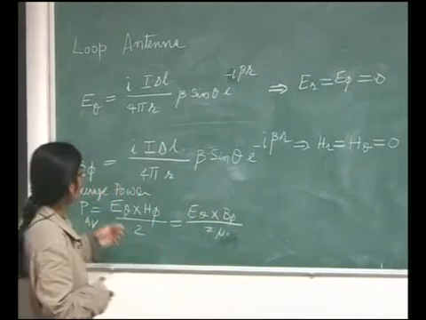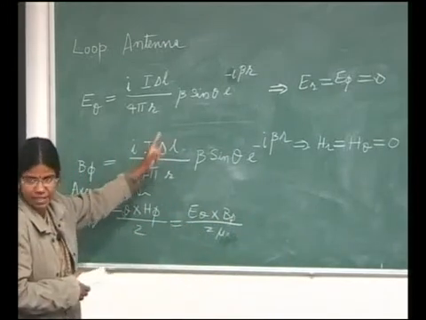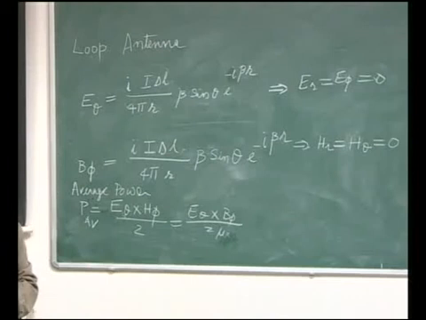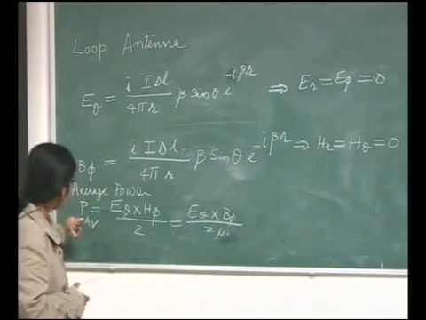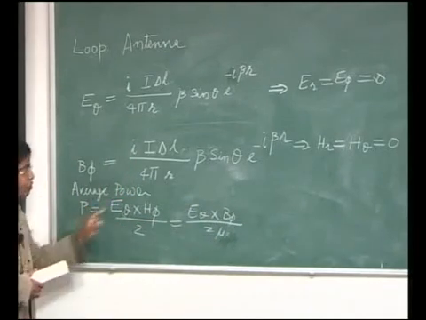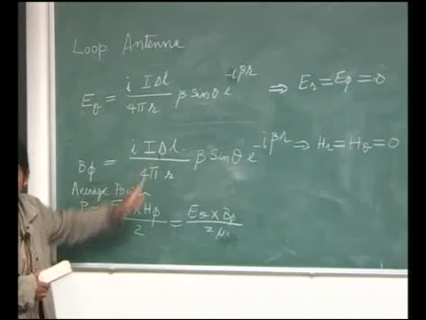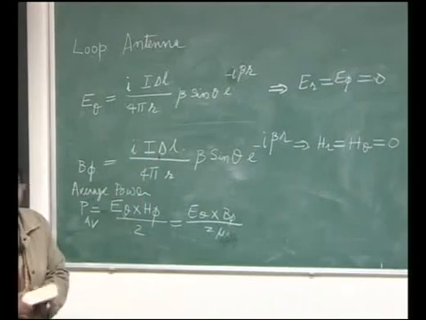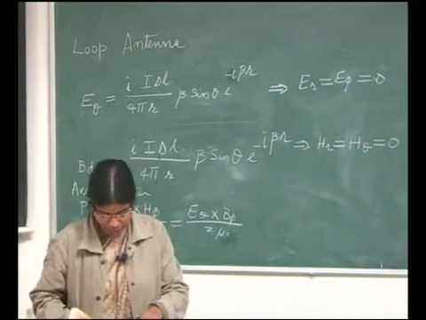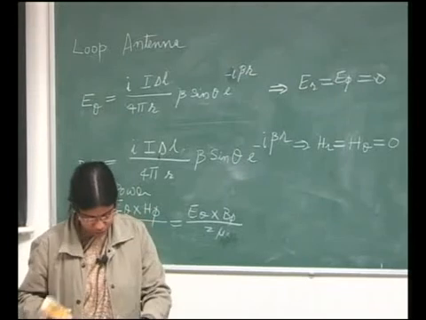Here I am only interested in a small length element delta L over the loop, whereas I want to know what is the power radiated from the entire loop. For that I will multiply this average power radiated from small length element delta L with the entire area, okay, like we did earlier, and I get an expression